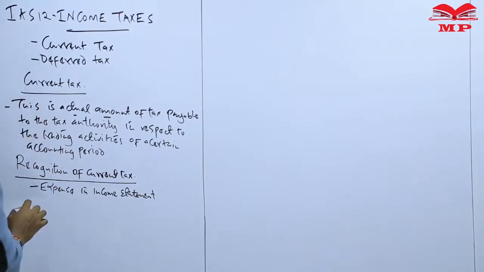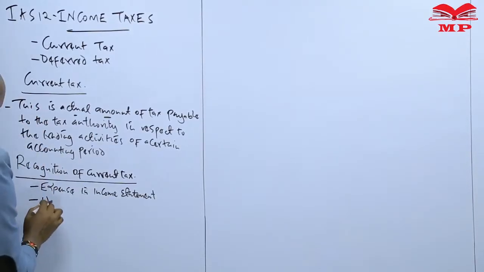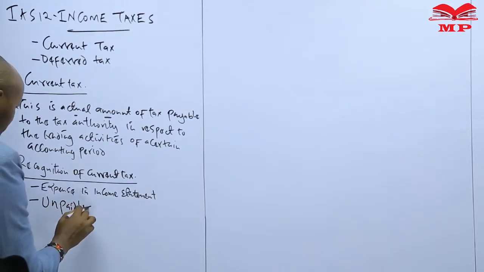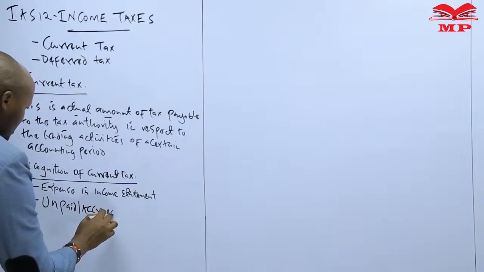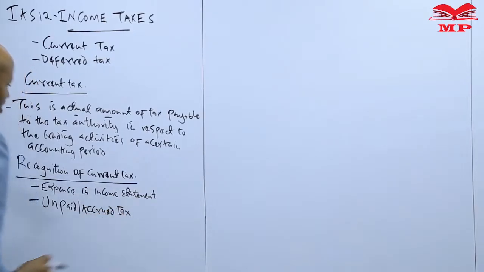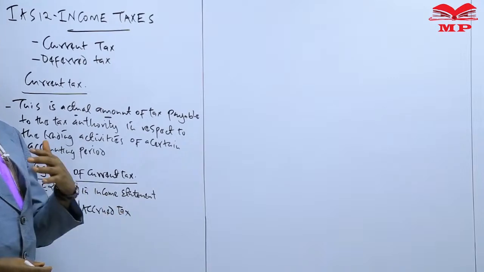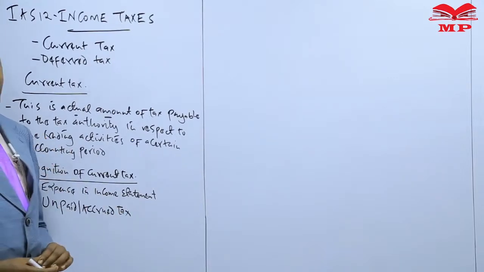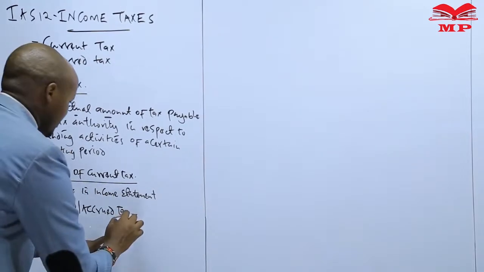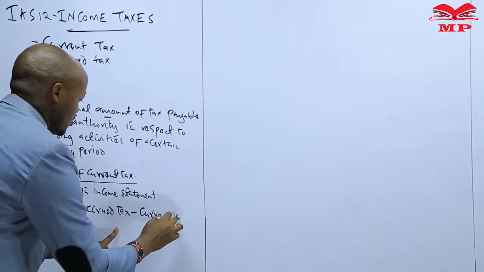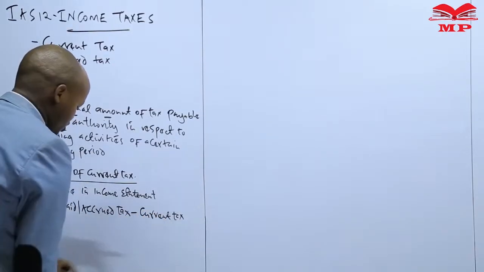Also, according to IAS 12, if we have any unpaid tax, or what we refer to as an accrued tax, this is basically the tax which the company has not paid, maybe at the end of a certain accounting period. Now, this particular tax which has not been paid, according to IAS 12,